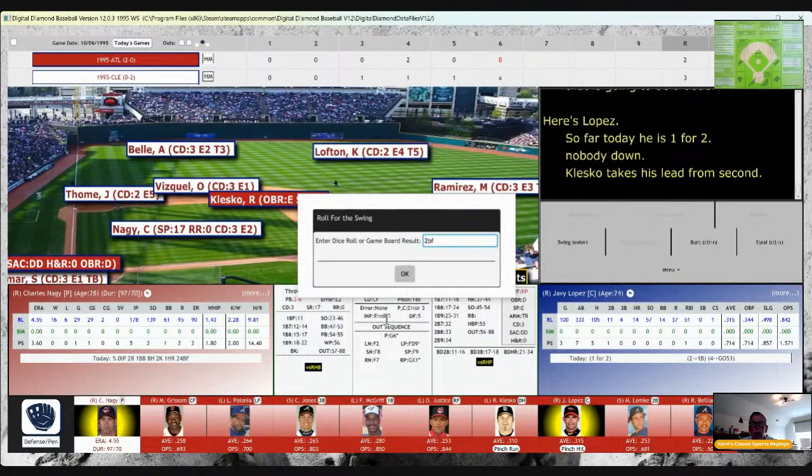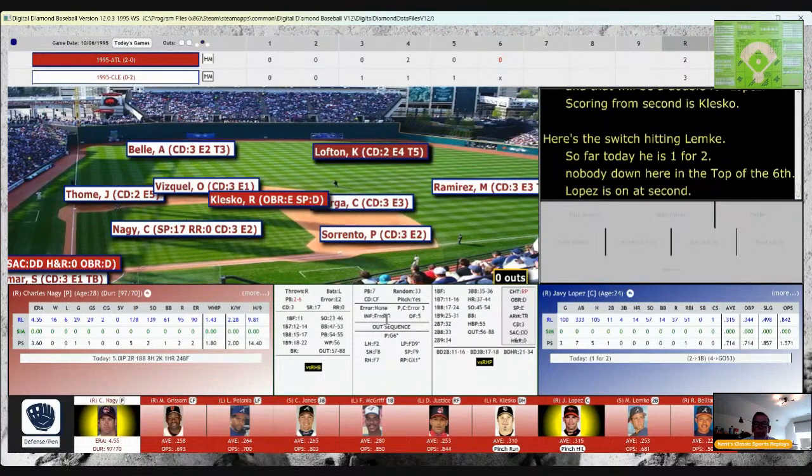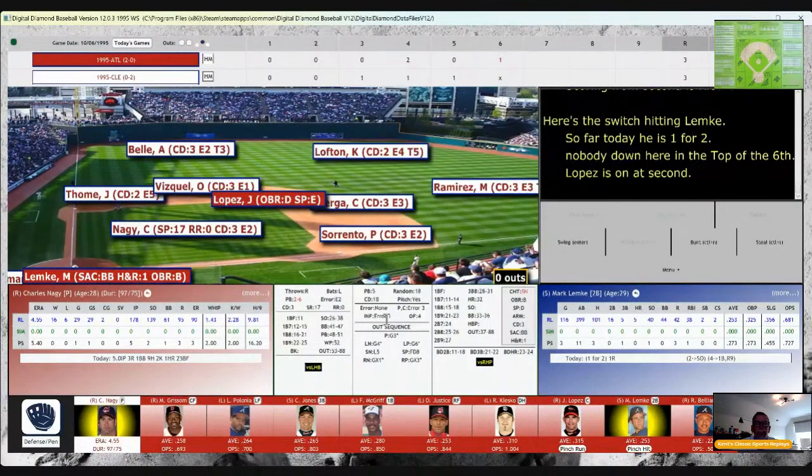And we are tied 3-3 as these teams are battling out in this World Series. And it's now 3-all, no outs, runner on second for Mark Lemke. And Nagy struggling now. That has him at 13 SPs, so he's only got 4 left.